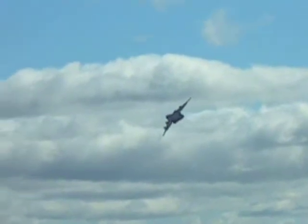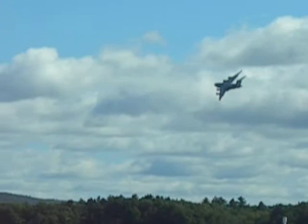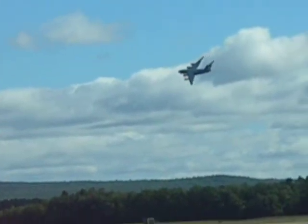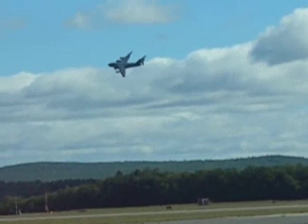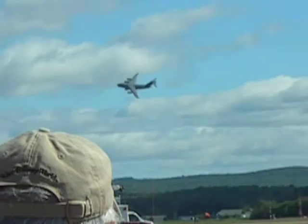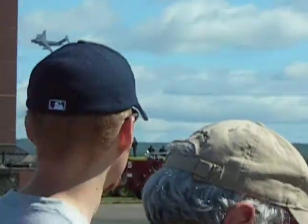It can routinely land on runways only 3,000 feet long, while 4 Pratt & Whitney F-117 engines power the C-17. They use the same engine that many of you have flown on with the Boeing 757. Each engine delivers over 40,000 pounds of thrust, and this amount of thrust allows the GlobeMaster to carry over 170,000